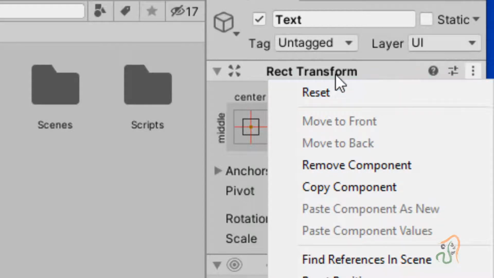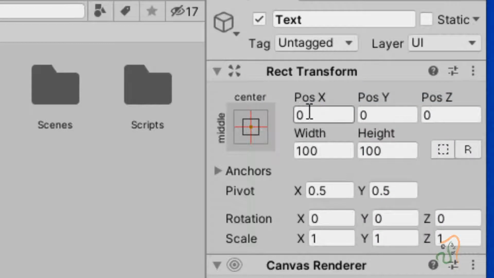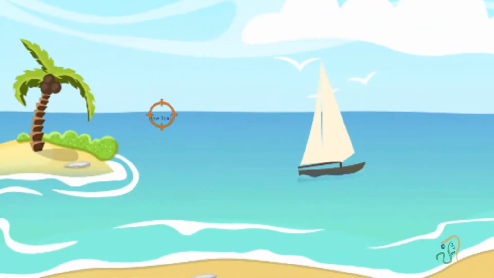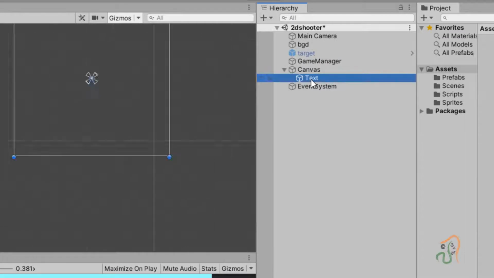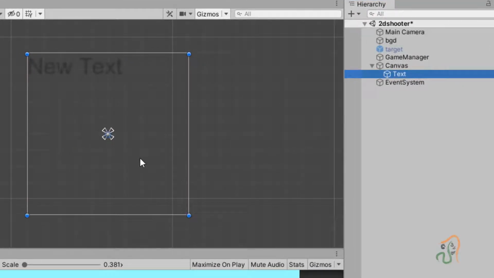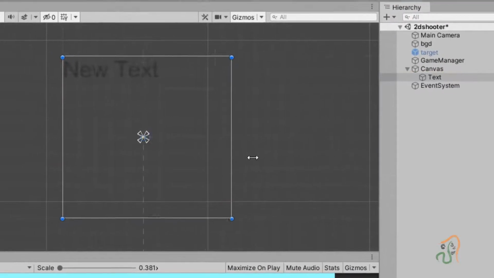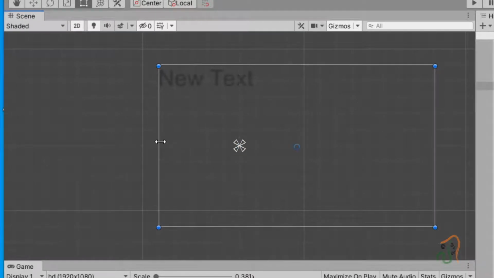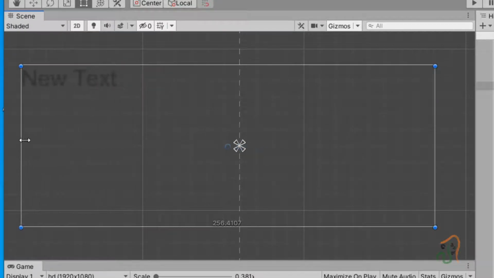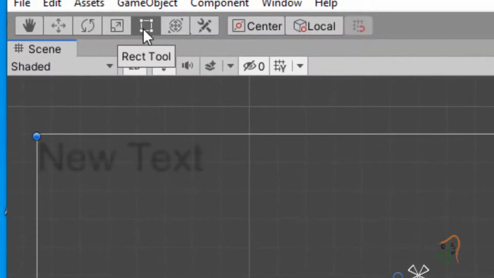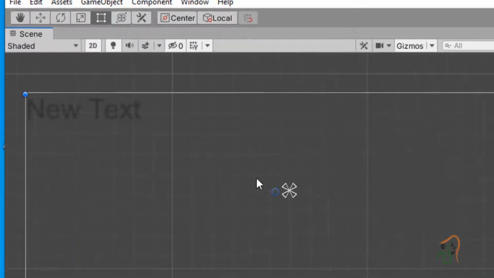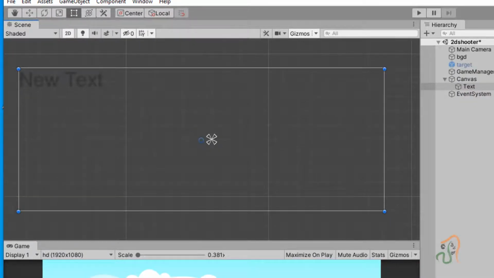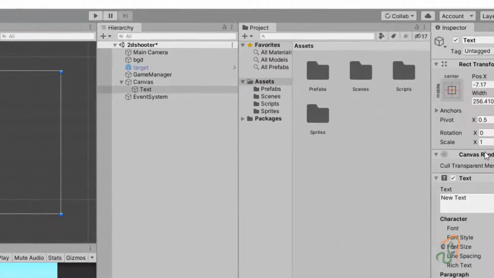If in the transform we click reset, automatically all the position is set to 0. And you can see a very small text appearing here. Even here, if I double click the text, you can see the text. Let us make this text a little wider like this. Drag both the ends using this tool, drag both the ends and make it wider. Now we can set most of the text parameters here.